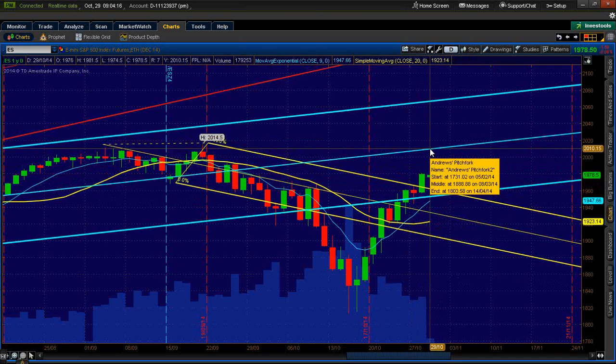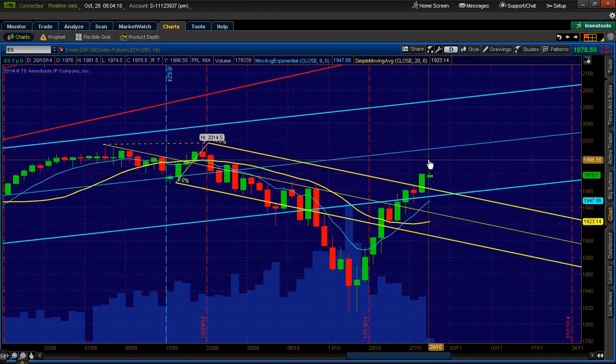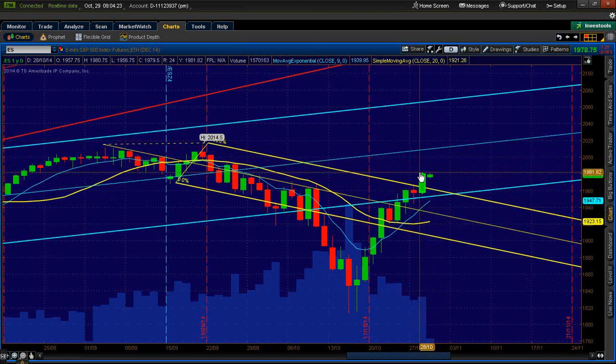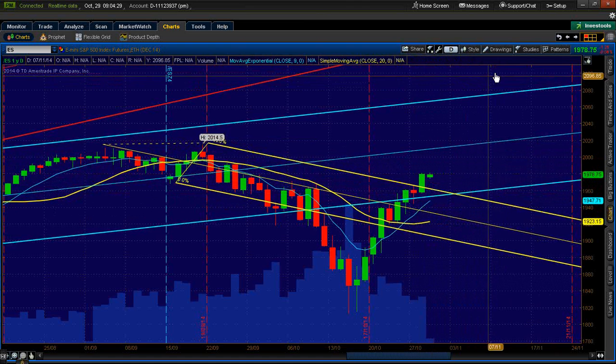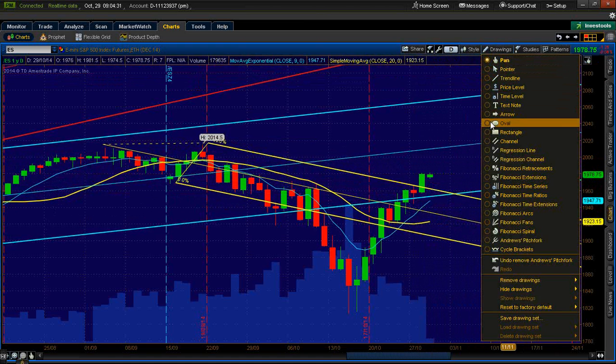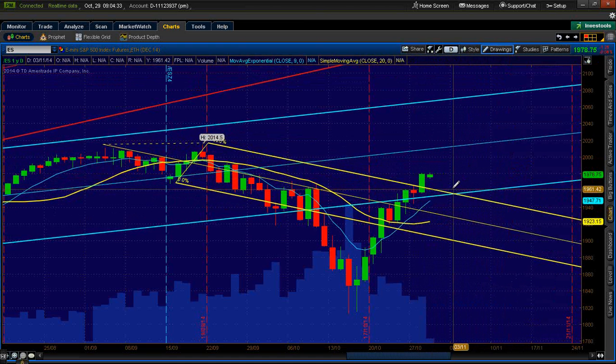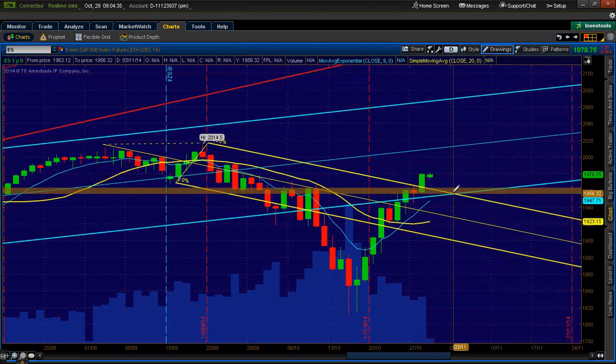Remember the rule of 10 coming up on that 2000 mark, and of course, we've got the all-time high up at 2014.50 and the RTH high at 1275. There is this energy point, and I want you to pay attention to it because this one's likely to play out on any type of move.